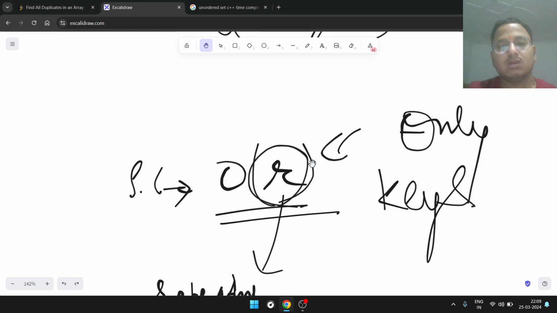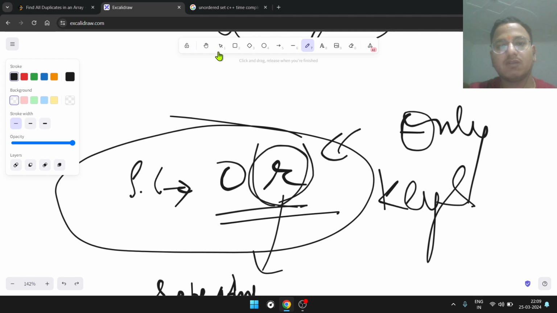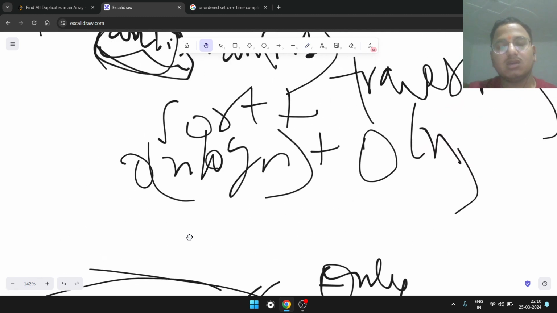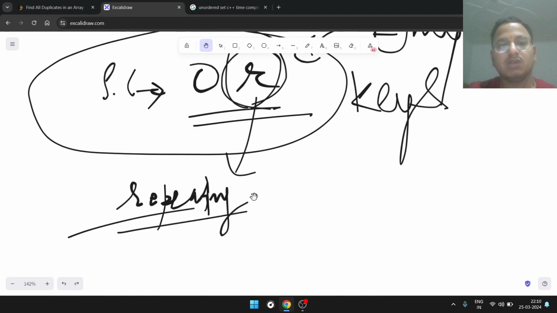Here this was not extra space, it was space that is required, because we have to return a vector in the answer. So this is required for the vector itself, and here the time complexity is not linear, so this is what we need to improve, and